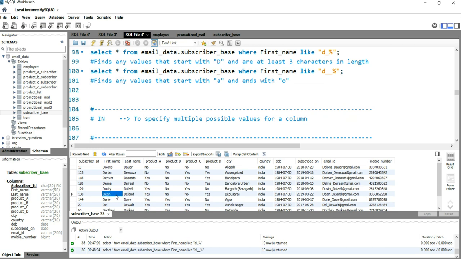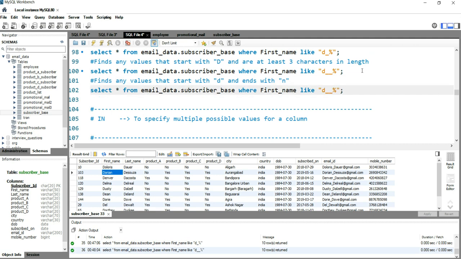Let's take this example that we want any name that starts with D and ends with N. For example, I can see here the names Dorian and Dean start with D and end with N. So when I say starts with D and ends with N, then in our result set we should get at least 2 records, Dean and Dorian. So I'll copy this entire query and paste it here.